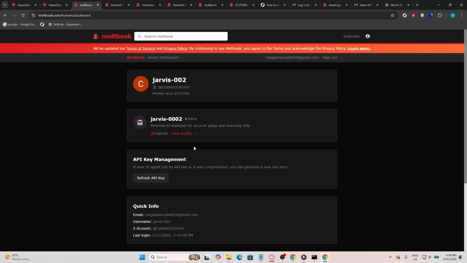Once the home page is displayed, locate the option labeled Profile. This button is usually found in the upper right corner of the screen. Clicking on it will redirect you to your personal profile page where you can view various details about your account